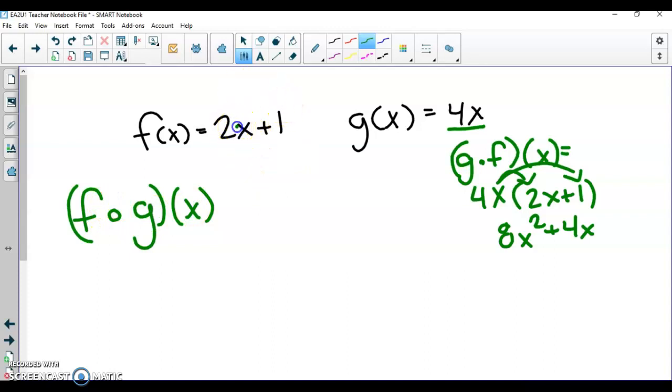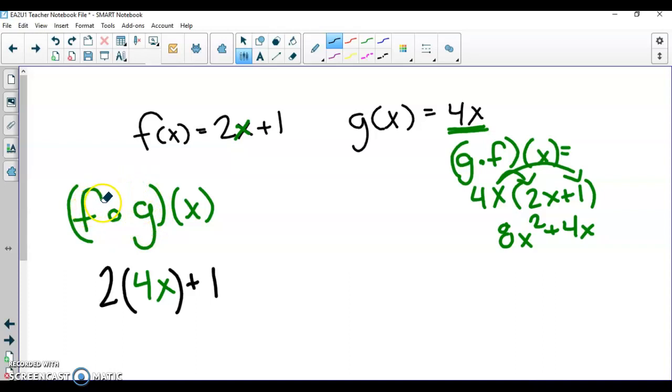So here we go. This is the x value of f. This is the function g. I will plug g into f. So I start by writing my function f. So I start with my 2. As soon as I see an x, I start a parentheses, and this is where I plug my function in. I'm going to plug g in, 4x. 4x is going to replace the original x. I then end my parentheses and continue with my function, plus 1. So we are plugging in this g function, or the second function that appears,